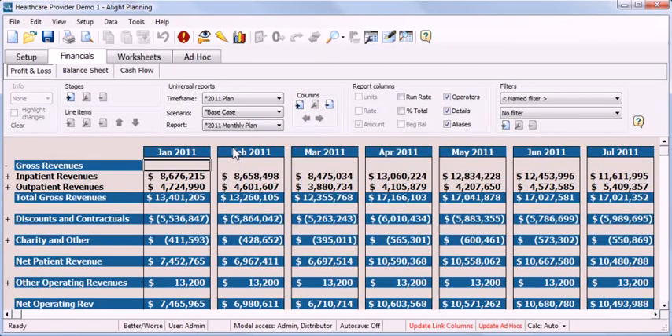In this demonstration, I'm the planning administrator for a multi-facility healthcare provider. We operate 2 facilities, each with many departments offering both inpatient and outpatient services. I've used Alight Planning to create a complete 2011 plan, and after a few months passed, incorporated 2 additional months of actuals,